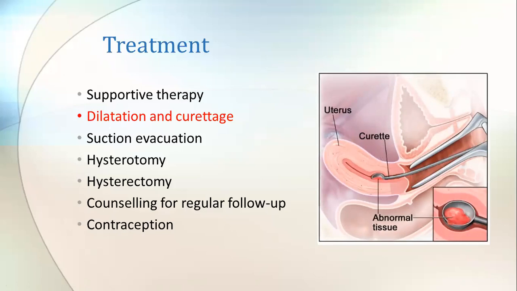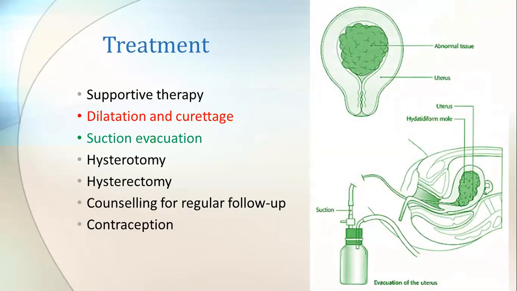And next important is suction evacuation. Some patients, because of ultrasound techniques, the disease can almost be found out, or the complication of the pregnancy can be seen earlier itself. So now we have to dilate the cervix. So what you'll do is keep a small tablet, misoprostol, PGE1 of 400 micrograms, placed in the vaginal cavity 3 hours before surgery.